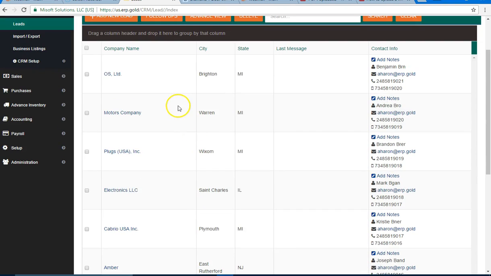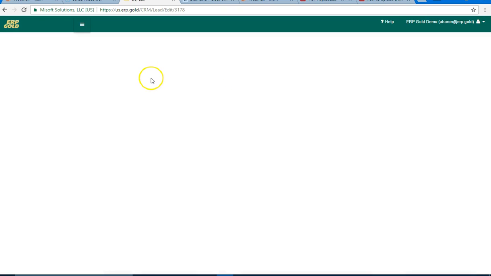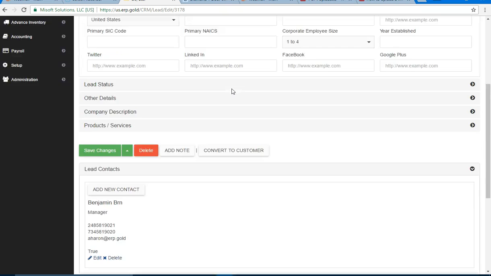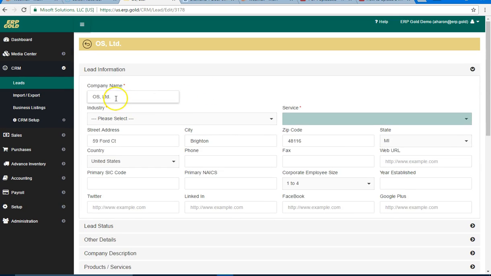So let's talk about how we handle the leads in this. If we click on the name of a company, we will land on a page. This page has the complete details about that company. We can change the name of the company if we want to. We can have it OS systems,